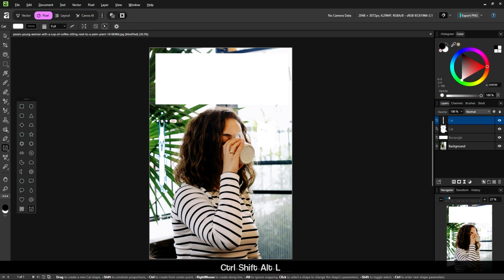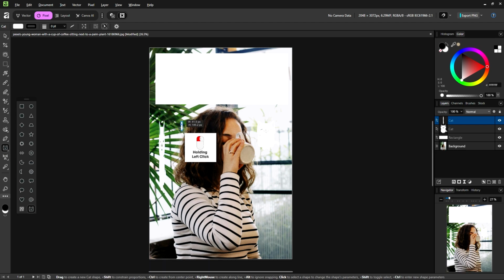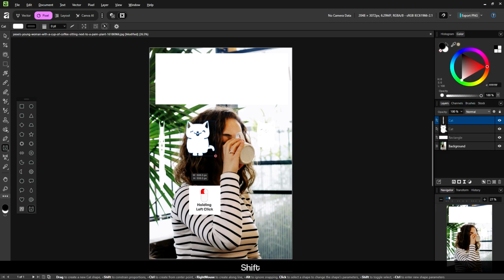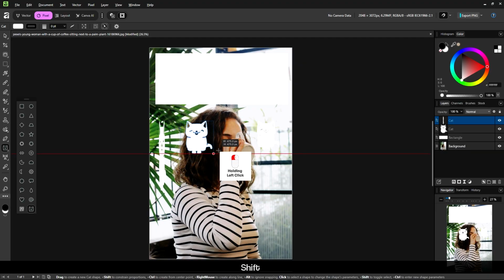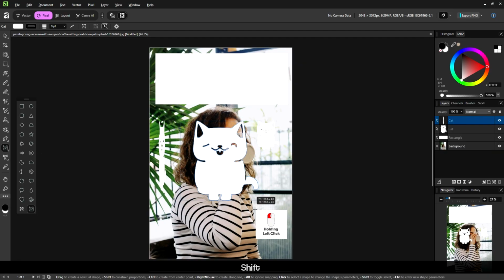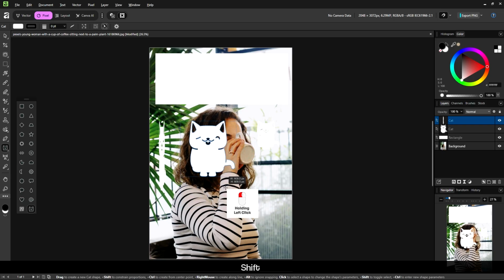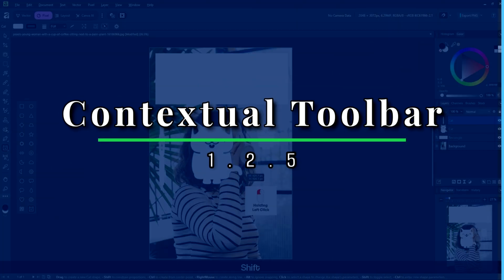So what if I click and drag and then I hold shift? Well, as you can see, no matter how I drag it out, it's not going to be skewed and thin like that other cat. Something that I learned that you also learn just by looking at the status bar while having the cat tool selected.